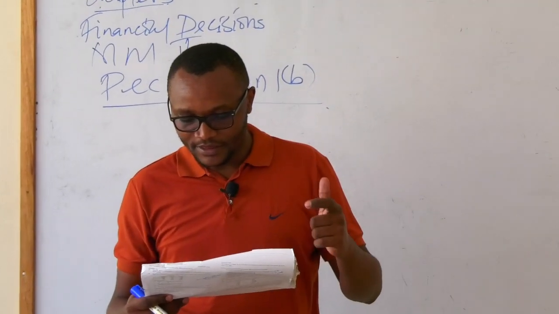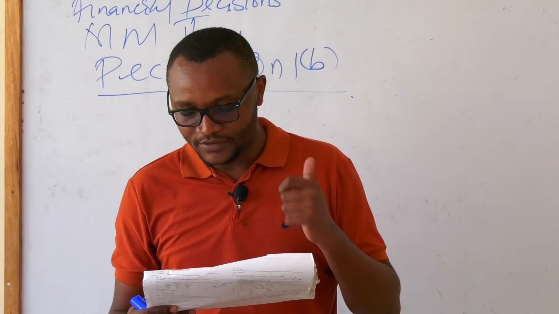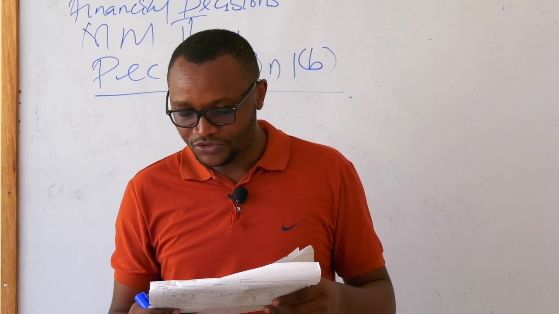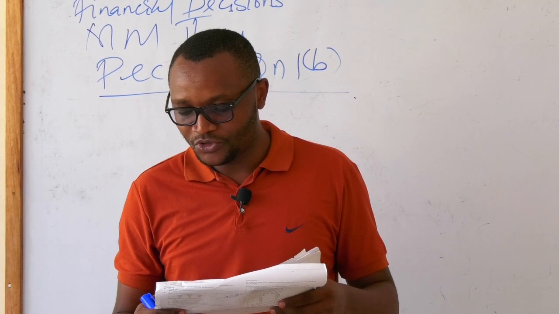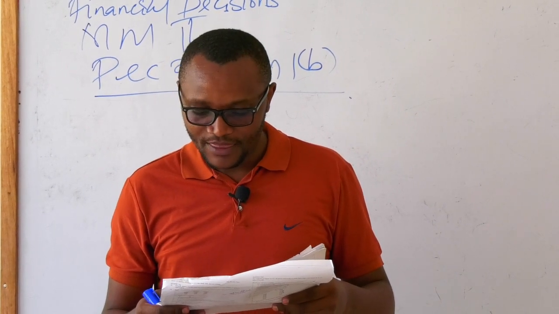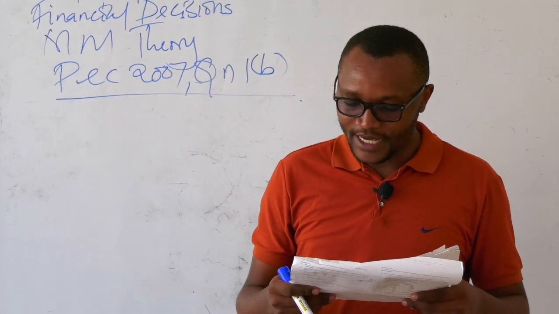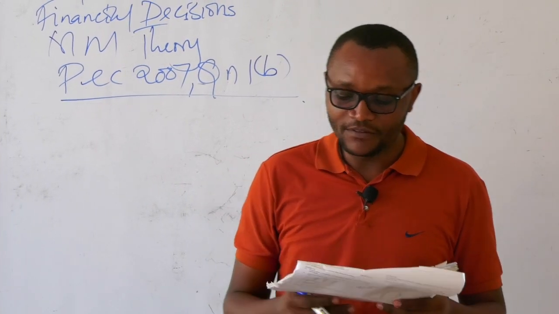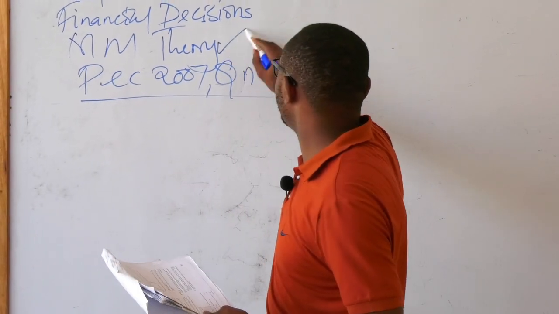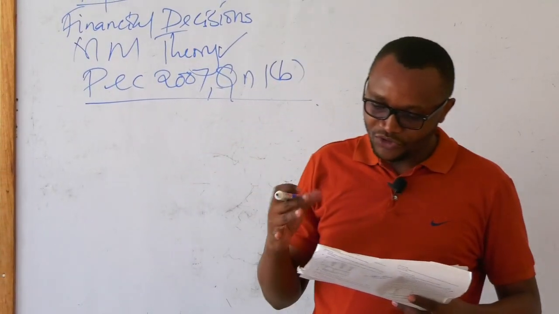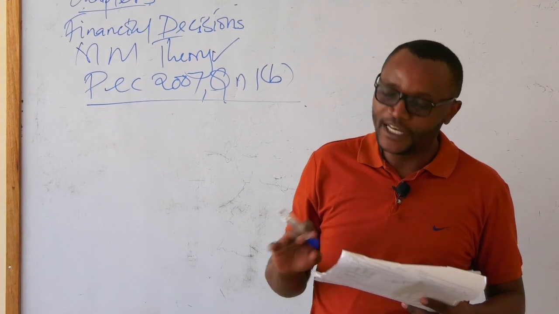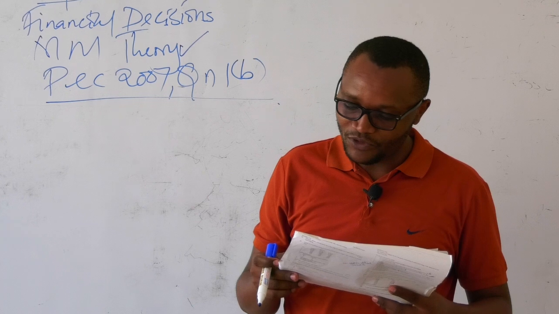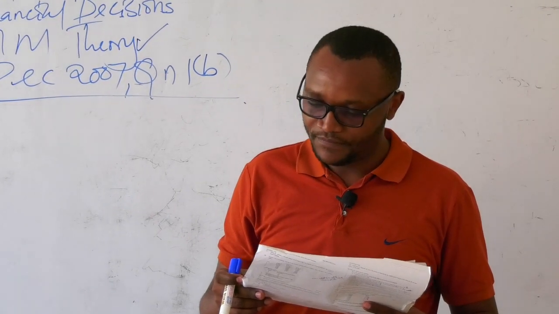Then we have number 3. The corporation rate of tax is 30%. Required: the company's cost of equity and weighted average cost of capital, WACC, as at 31st October, 2 marks. Roman 2: the company's optimal level of debt finance using the Modigliani and Miller with tax model, excluding financial distress. You're talking about the MM theory. Then the optimal level of debt finance using the with tax model incorporating financial distress cost.